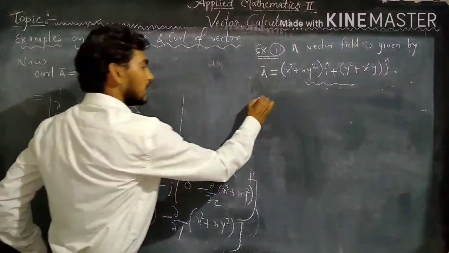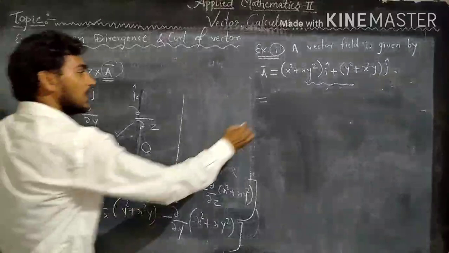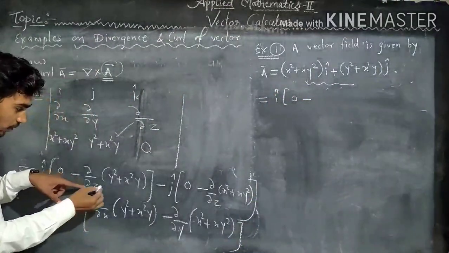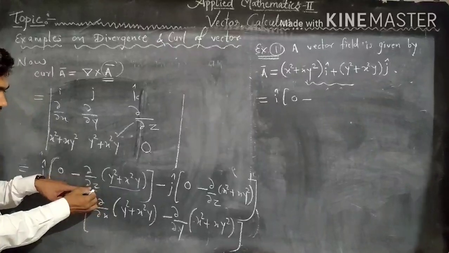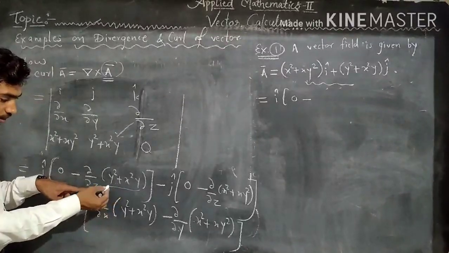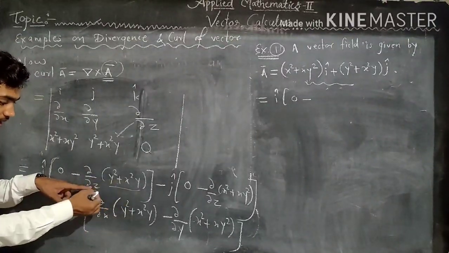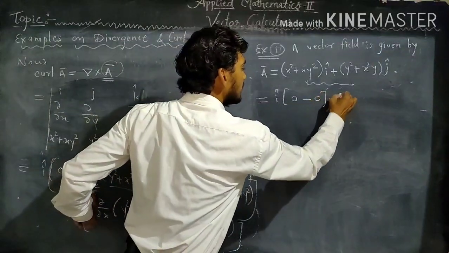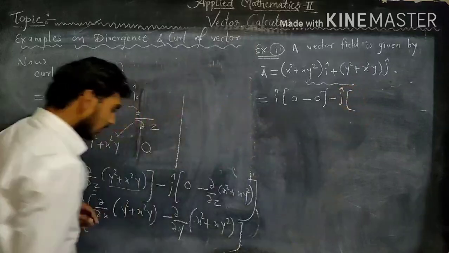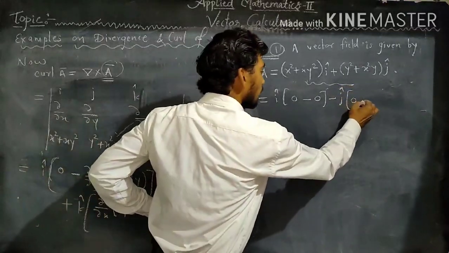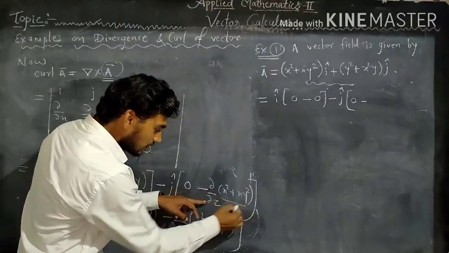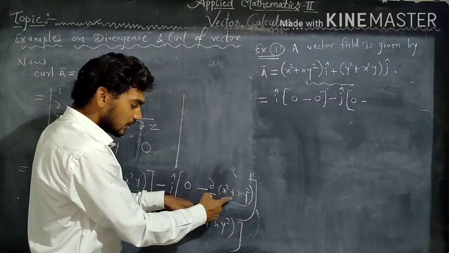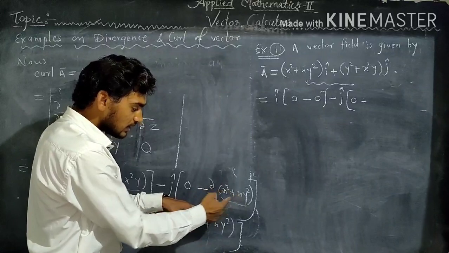In the next step it is equal to, now i times 0 minus, now derivative of this with respect to z, it is constant because x and y are constant with respect to z, so it is 0 minus j times, again it is 0 minus derivative of this with respect to z, there is no z in this term, so derivative of this is 0